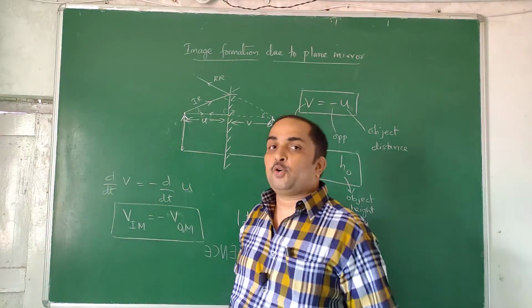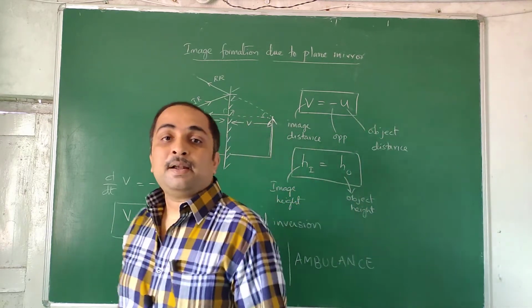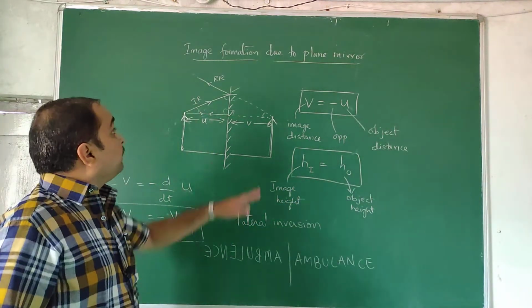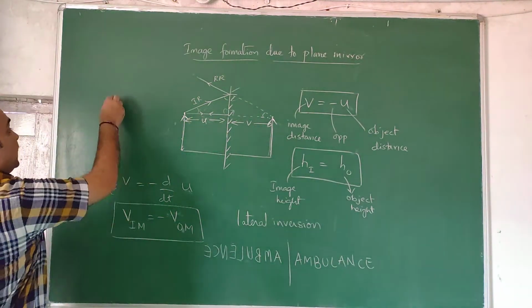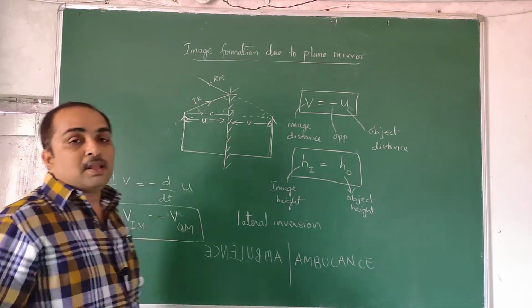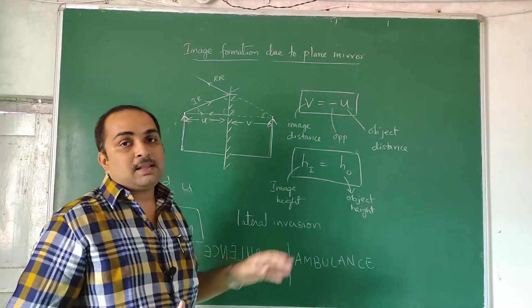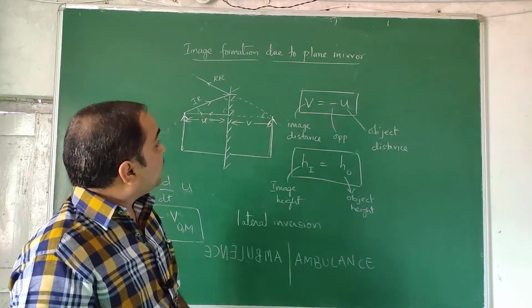The same procedure and rule you can apply and see that. So these are the elementary things regarding image formation due to plane mirror. What happens if mirrors are inclined, if mirrors are parallel? All those things come under problems. This comes under basics. So once we have done the basic problems separately, we will do it. What else can we do here?